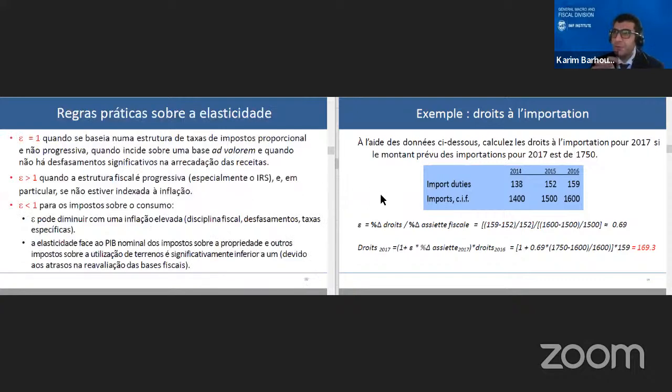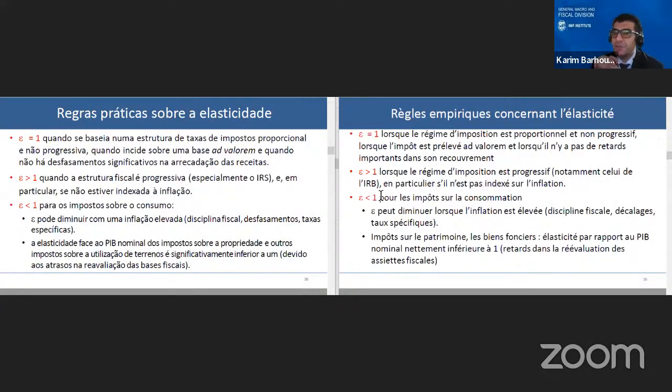I want first to present you some rules of thumb, which I found relevant in making some judgment about the elasticities that we will see. First of all, I highlighted this previously. When my elasticity is equal to 1, here there is no difference between your elasticity and the effective